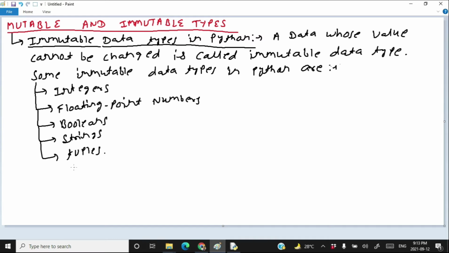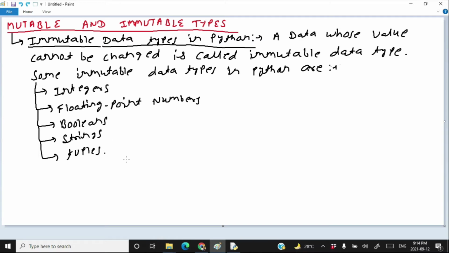It means we cannot change them. And if we talk about strings and tuples, we cannot change a particular element of them. Of course, whatever the address stored in a given variable, that address can be changed. But we cannot change a particular element of a string object. We cannot change a particular element of the tuple object.